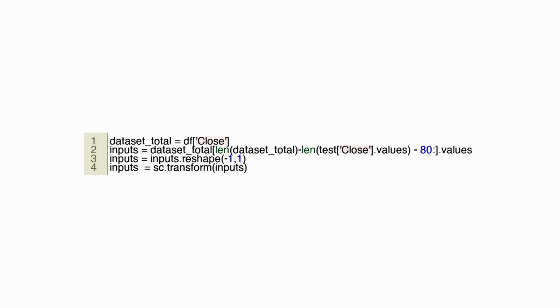This code takes the values from the close column in a data frame df and assigns it to a variable dataset total. Next, it calculates the length of the dataset total and subtracts the length of the test data frame's close values and 80 from it. These values are then assigned to the variable inputs. Further, the inputs are reshaped into a 2-dimensional array using the reshape function. Finally, the sc.transform function is used to transform the values in inputs based on a predefined scaler sc. Overall, this code prepares the data for further processing by extracting relevant data, reshaping it, and transforming it based on